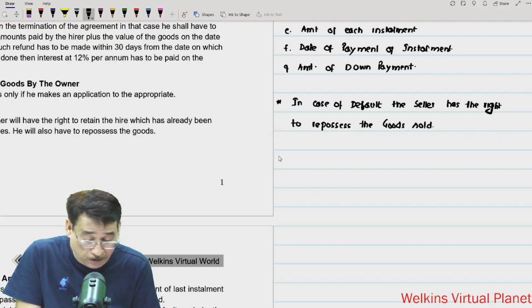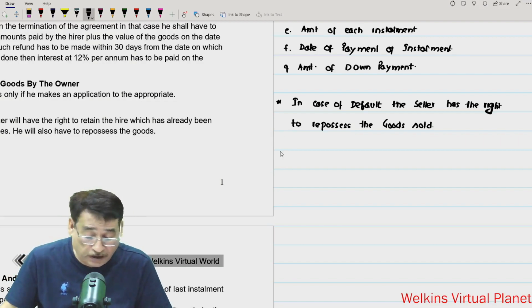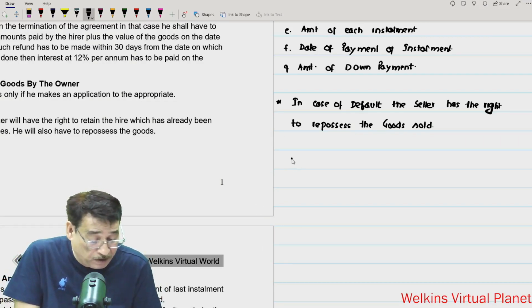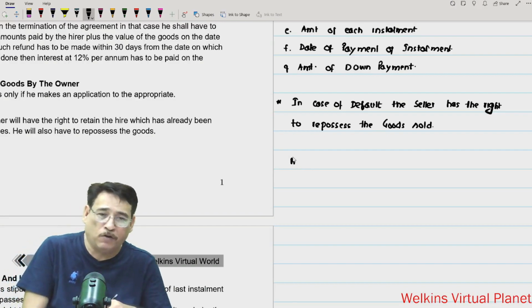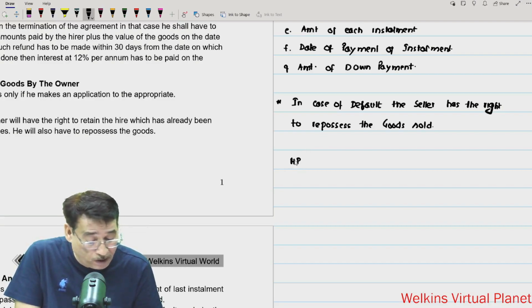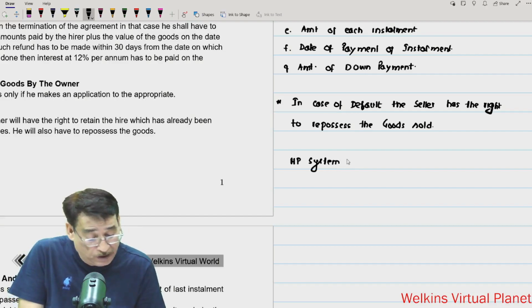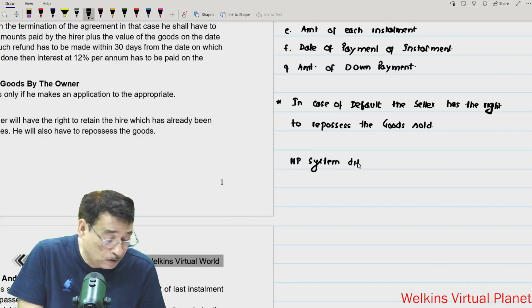Now the next point I just want to specify is that hire purchase system, we will see later on, we will talk about hire purchase installment system also, but we will talk about that later on. But let me actually finish a little bit of this portion. Hire purchase system differs from